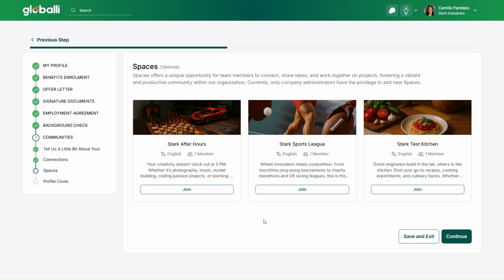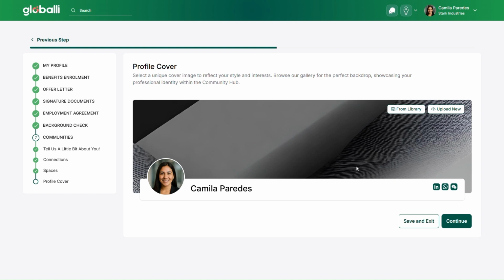In this example, they can join the Start After Hours space that is dedicated to hobbies and off-work interests, or the Start Sports League to share and discuss all things related to sports. Now we're going to skip this part, and before completing the onboarding process, the employee can preview their full profile,